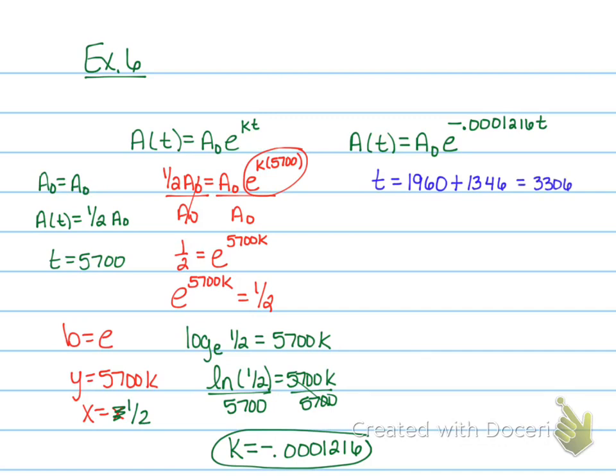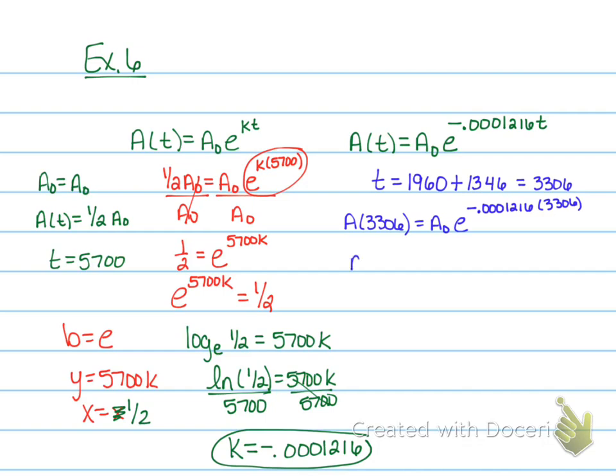So they wanted us to find how much would be remaining at the time of his death. So we're going to find now A of 3,306, so the amount left after 3,306 years. We still don't know the original amount. e to the negative 0.00012116 times the 3,306. And so when we work this out,